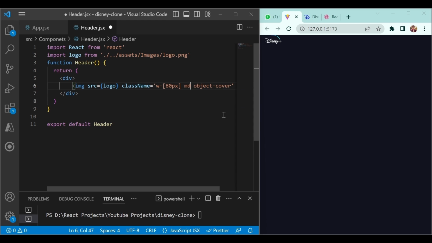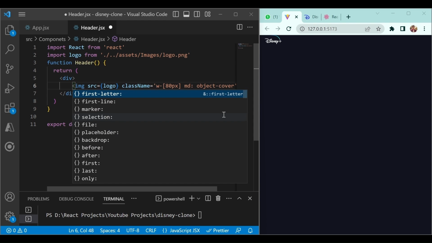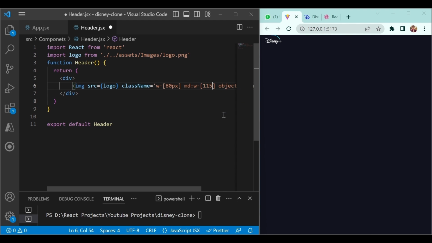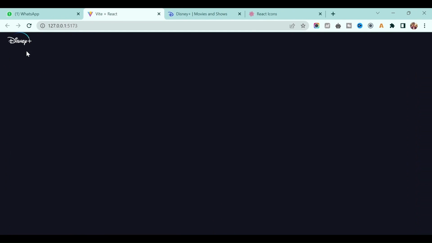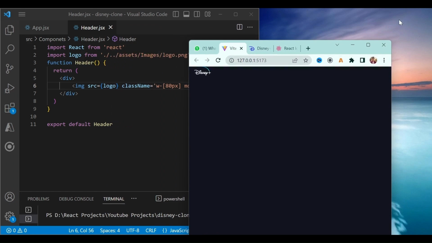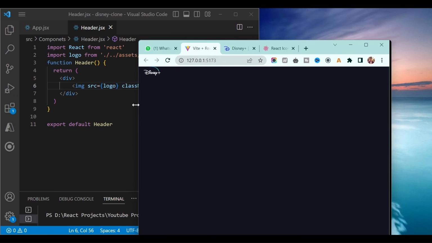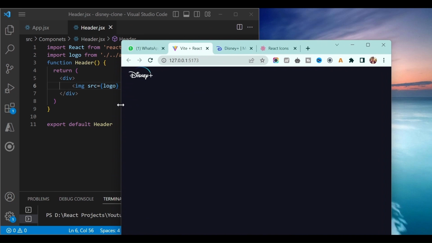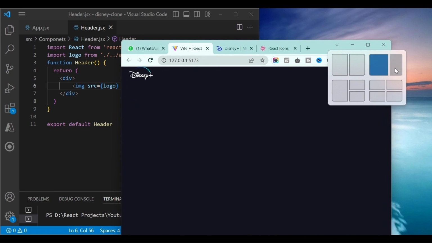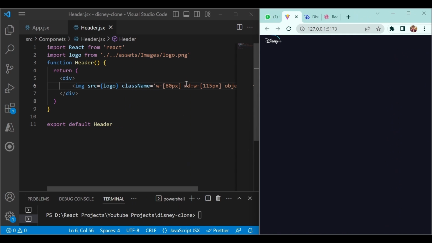For example, if the screen size is medium or larger, I will increase the width of the image, and when the screen size is medium, I will put the width to 115 pixel. If I increase the size, you will see the change, and if I decrease the size, let's see the change. So this is how Tailwind CSS works.